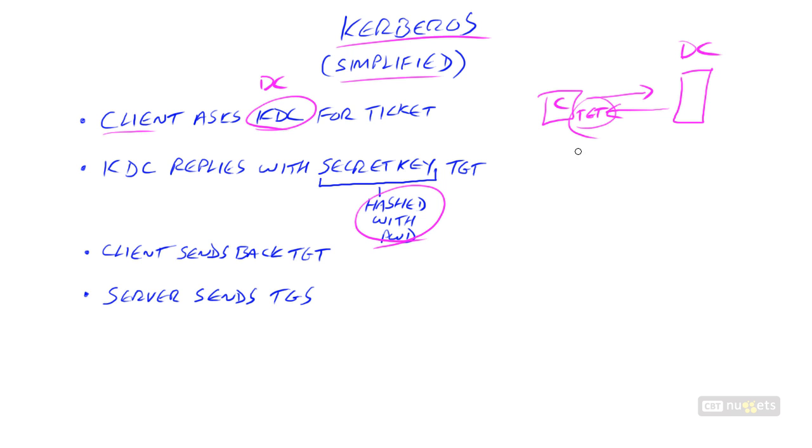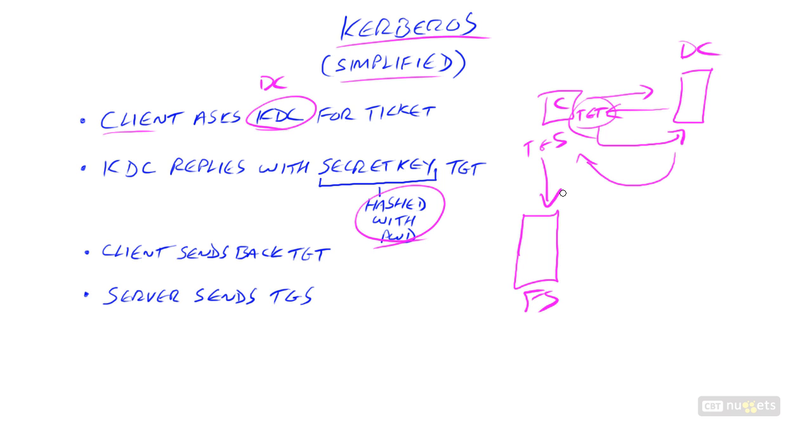So now when the client wants to access something else down here, like a file server, it needs a ticket granting session ticket. How does it get one? It presents its ticket granting ticket back to the domain controller and requests a ticket granting session ticket. Now, the domain controller knows that since only it could have created this TGT in the first place, it's got to be valid, so it'll now send back a ticket granting session ticket, which can then be presented to